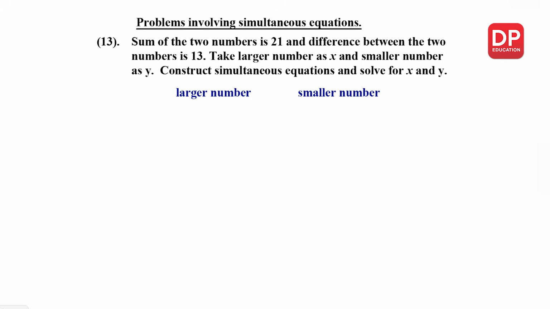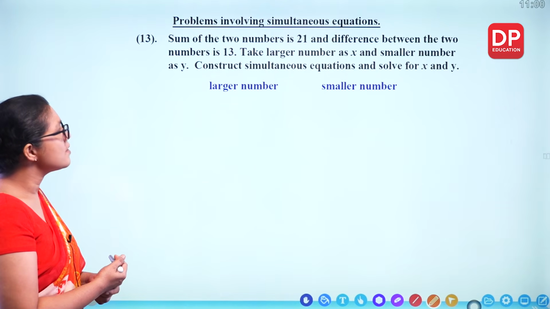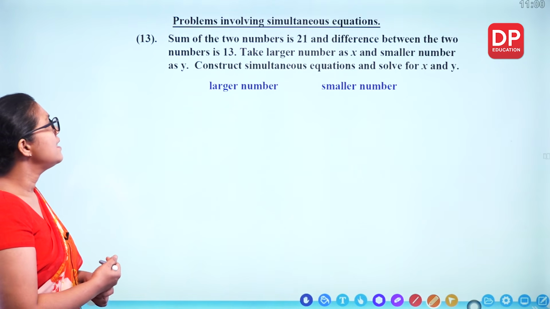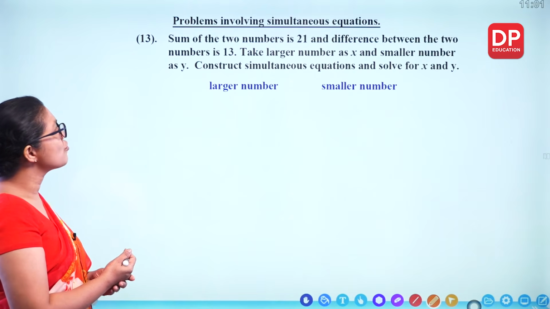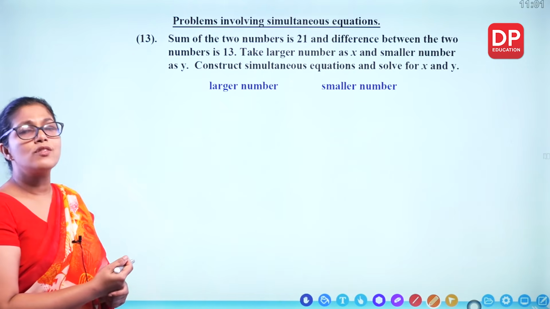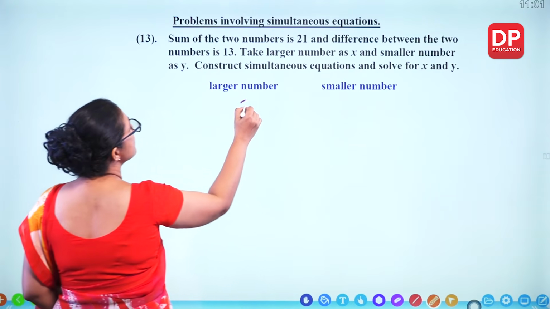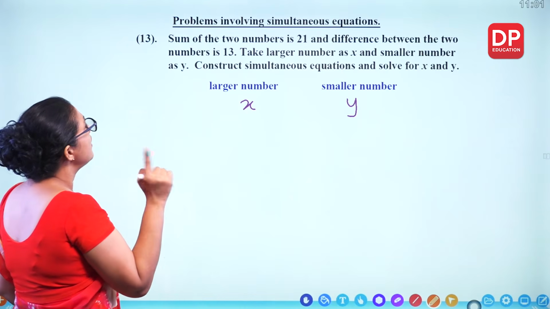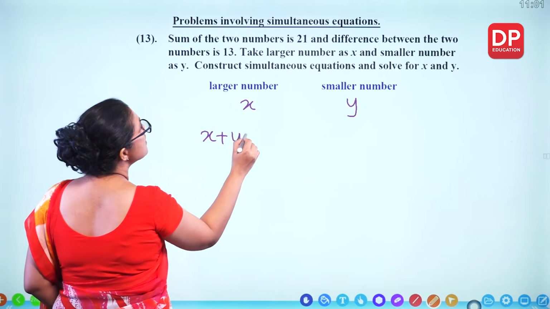Now we'll look at problems involving simultaneous equations. Look at this one. The sum of the two numbers is 21 and the difference between the two numbers is 13. Take the larger number as x and the smaller number as y. Construct simultaneous equations and solve for x and y. So larger number x, smaller number y. Now it says the sum